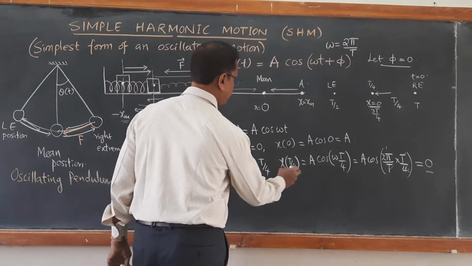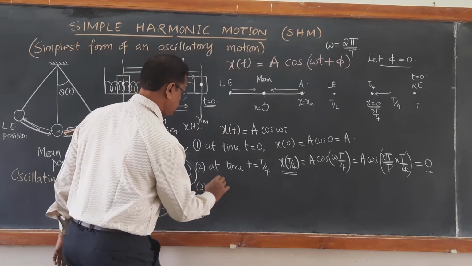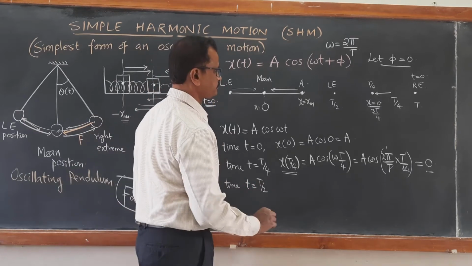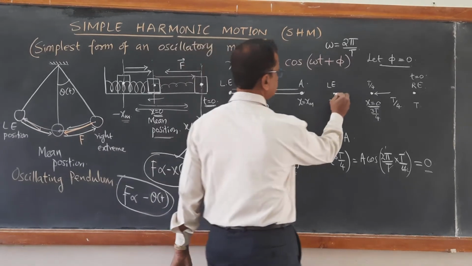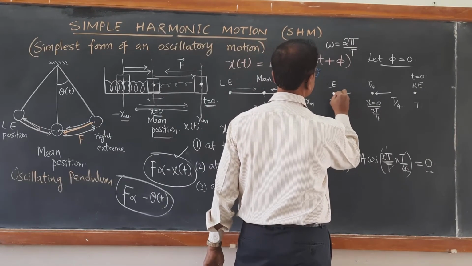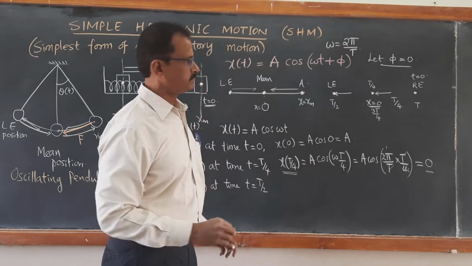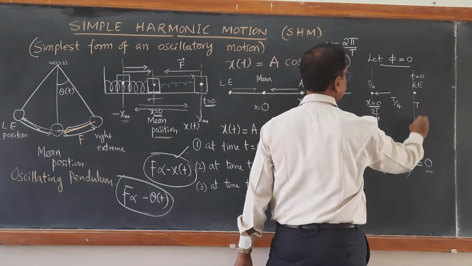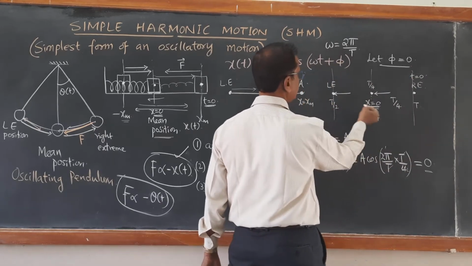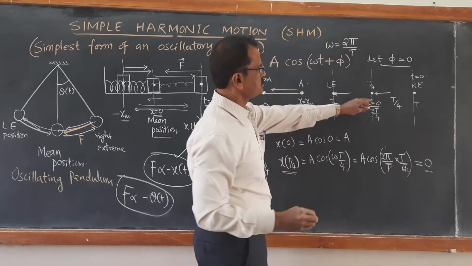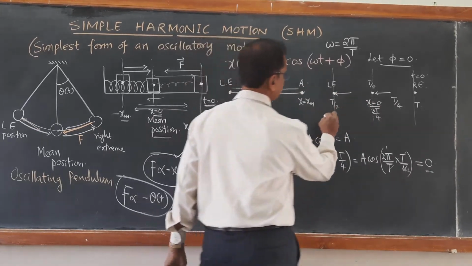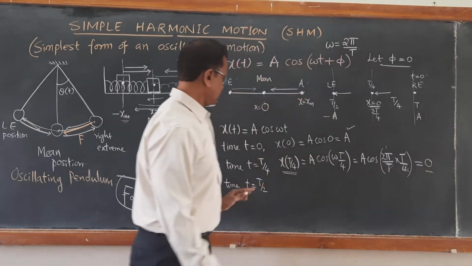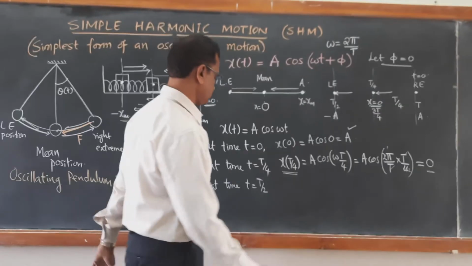Now at time t equal to t by 2, you see it is supposed to be here, that is minus extreme, or minus a. Since we have taken from here to here as length a, from here to here is also length a, but from x equal to 0, with respect to the origin, it should be minus a. We should get minus a, and this should be plus a. Already we got plus a. Let us see at t by 2 whether it is going to be minus a or not.